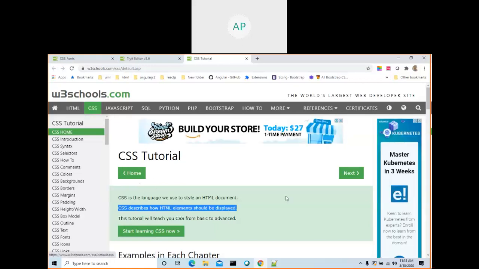See here, there is a division in the page which contains this line, and that is one button. So if you want to style HTML tags, CSS describes how an HTML element like an h1 should be displayed on the screen. Whether it should be displayed in black, red, or white color, on the right or the left of the screen, and what the space between two elements should be. See, there is a space between this element and this element.